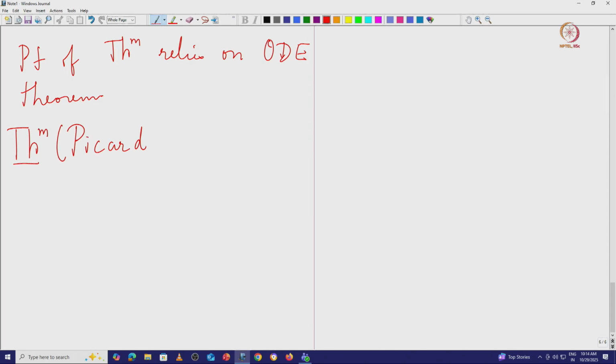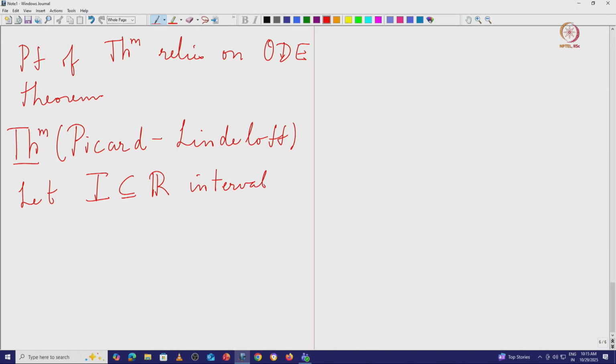So if you have taken any basic course in ODEs, this theorem is proved there, and the proof of this theorem is a very nice application of the contraction mapping principle. So what does this theorem say? Let I be some interval in R, and let us say W is some open set in R^n, some large Euclidean space. So now let F